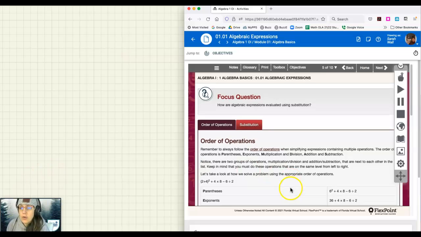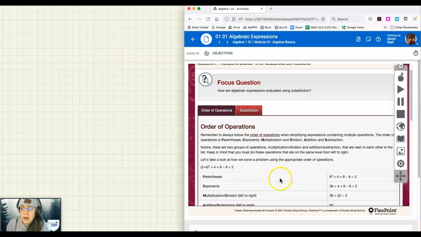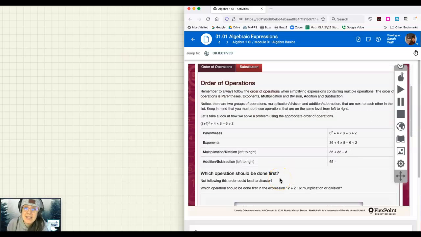So, order of operations. This is super important. Right? Parentheses, exponents, multiplication and division, left to right, addition and subtraction. That is something that you would write down. What's something else that you could do? You could take a screenshot of it. If you were going to write it down though, right, you would go PEMDAS,